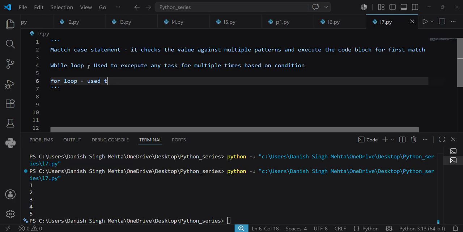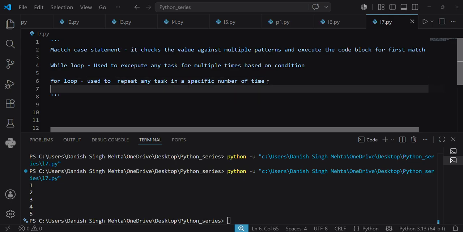First of all, a for loop is used to repeat any task a specific number of times. And here we come to the range function. So what is a range function? Range function basically means